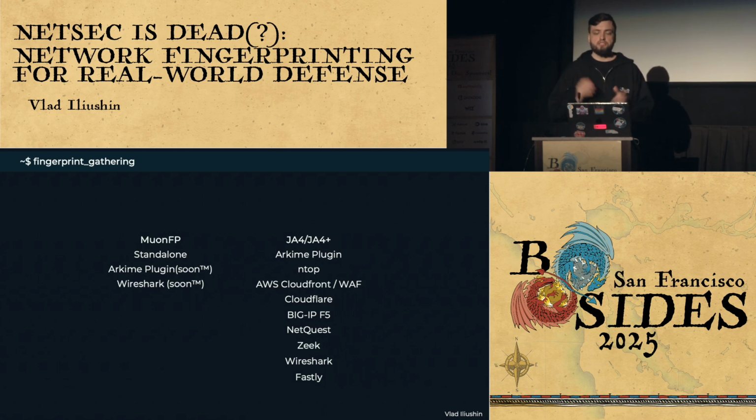With JA4 and JA4+, you can use, again, plugins for Arkime and ntop and Zeek if you like DPI. You can use vendor-specific data, for example, AWS CloudFront. And finally, you can get the fingerprints from the reverse proxies like Cloudflare and Fastly. Unfortunately, they do not support MuonFP yet, but if there are people in the room who are huge enterprise customers of either Cloudflare or Fastly, wink wink, you know what to request next.